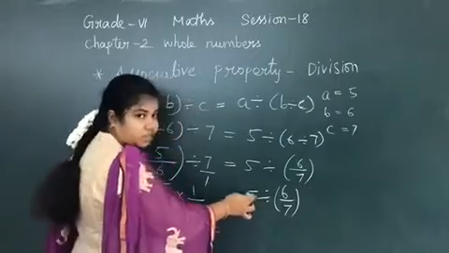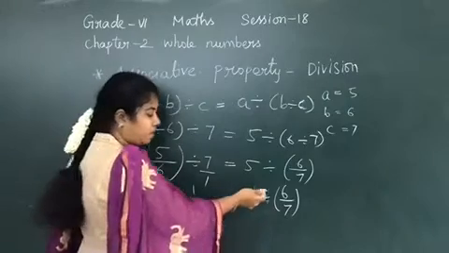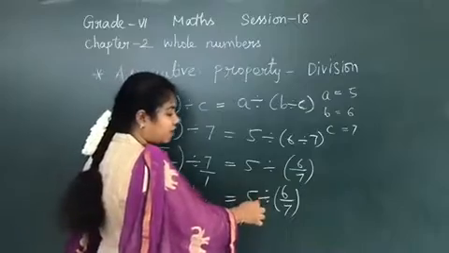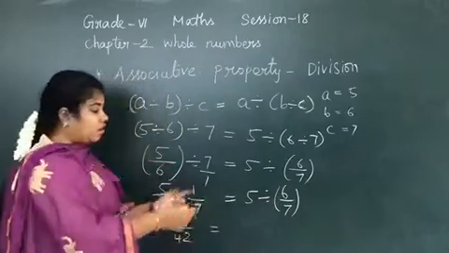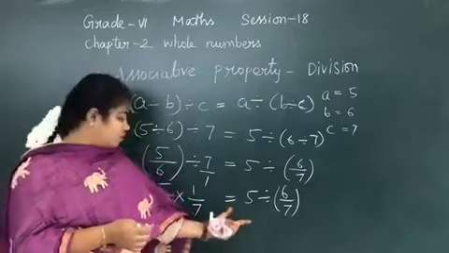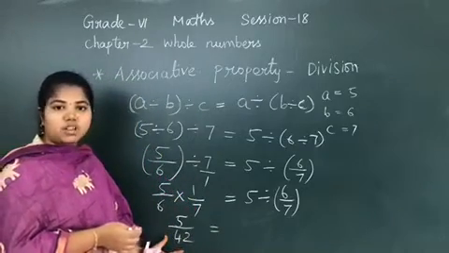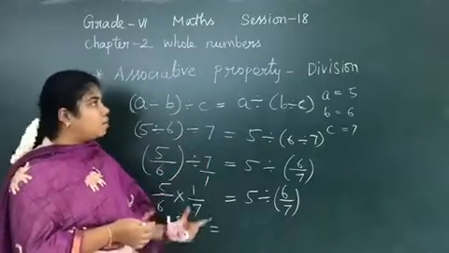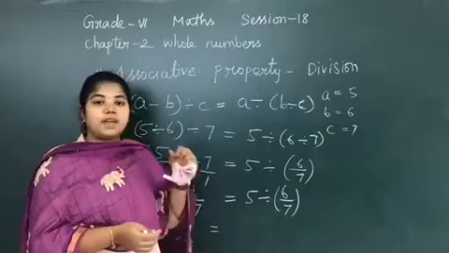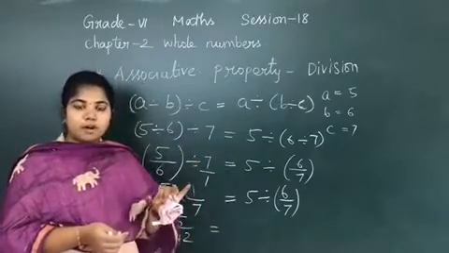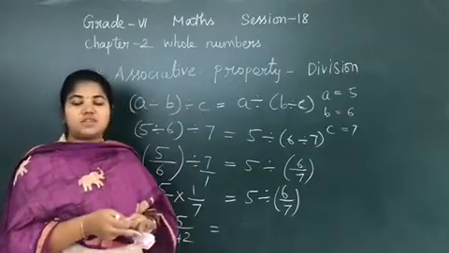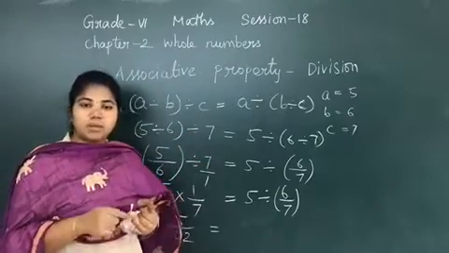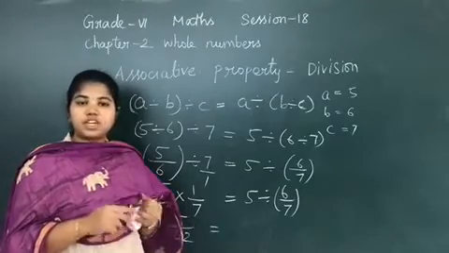So I will change this division symbol to a multiplication symbol. Even if I do, this will be reciprocated only. Even if I reciprocate, I will get 30 by, what I will get? Sorry, 5 into 7, 42 by 6 I will get. So 42 by 6 and 5 by 42 are not the same, right? So the associative property under whole numbers for division is not satisfied. The same way for closure property and commutative property, only addition and multiplication are satisfied, subtraction and division do not satisfy. Same way for associative property, addition and multiplication are satisfied, division and subtraction are not satisfied.